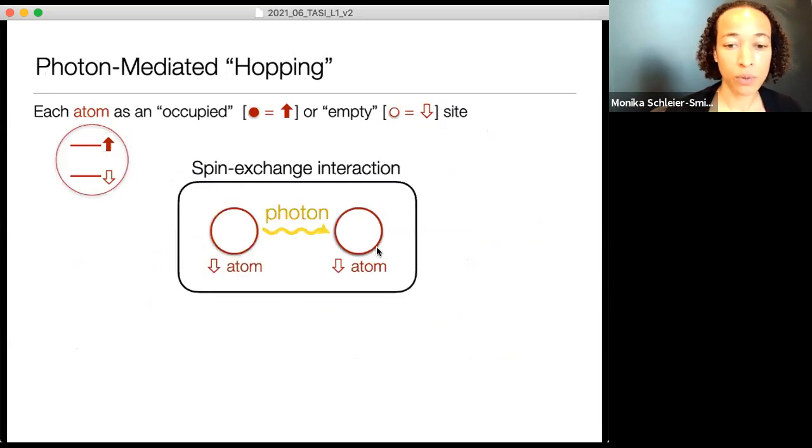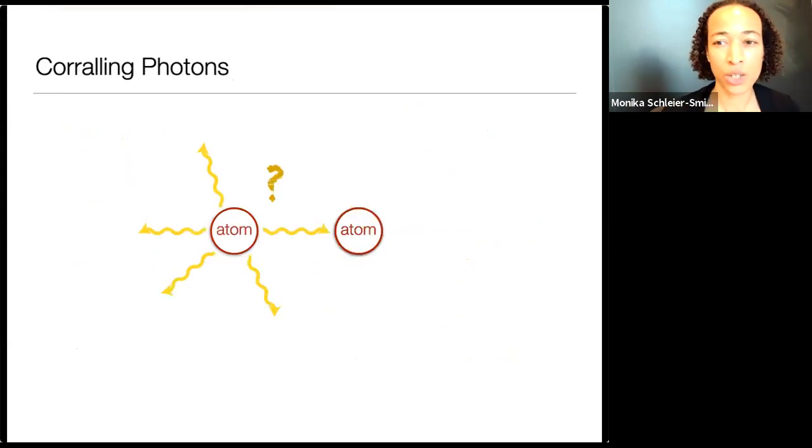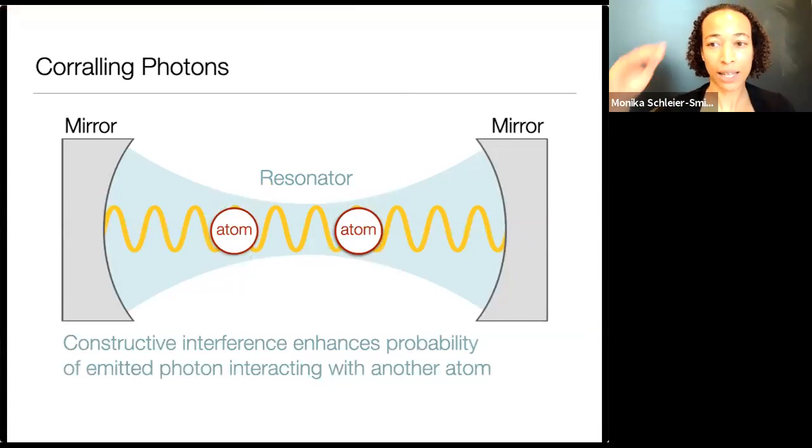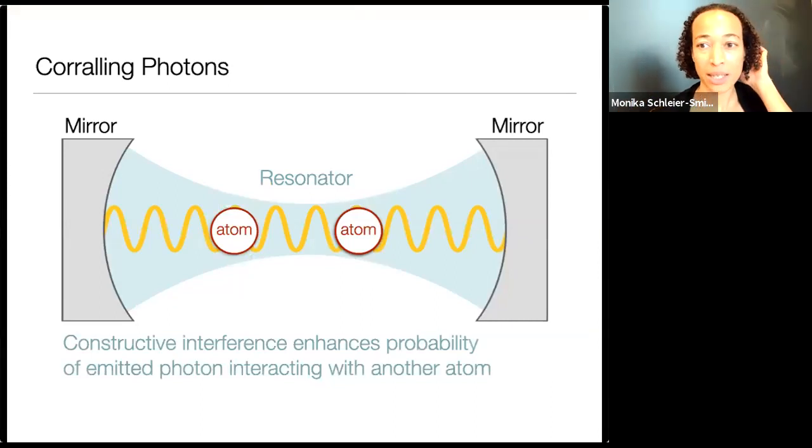I'll convert that into a photon and back into an excitation on another atom. Now, the challenge, of course, is I don't want the photons to just fly off in random directions. I want the photon with high probability to be absorbed by another atom. And the way that we achieve that is actually by putting two mirrors around the system to form what's called